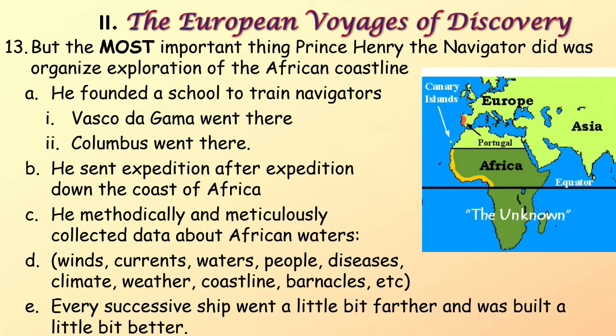He founded a school to train navigators. Vasco da Gama went there. Columbus went there. And Prince Henry sent expedition after expedition down the coast of Africa, and he methodically and meticulously collected data about African waters. Things like wind and currents and waters and people and diseases and climate, weather,